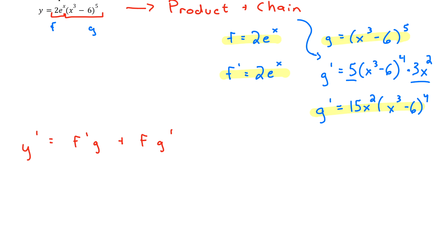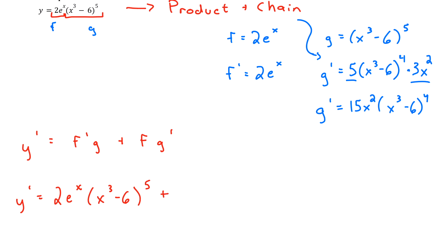So I'm just going to go ahead and plug in what we've got. Y prime is equal to f prime, so that's going to be 2e to the x, and I'll highlight these as I go along, times g, so times x cubed minus 6 raised to the 5th power,